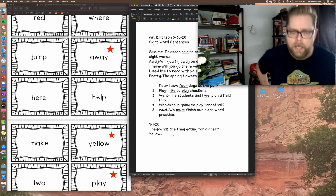And you'll just put a star next to it in your sight word book. You can just use your pencil or a pen. Now let's think of a yellow sentence. A sentence with the word yellow in it. Put on your thinker for a minute. Oh, I've got one. Do you have one yet? All right, my sentence is: